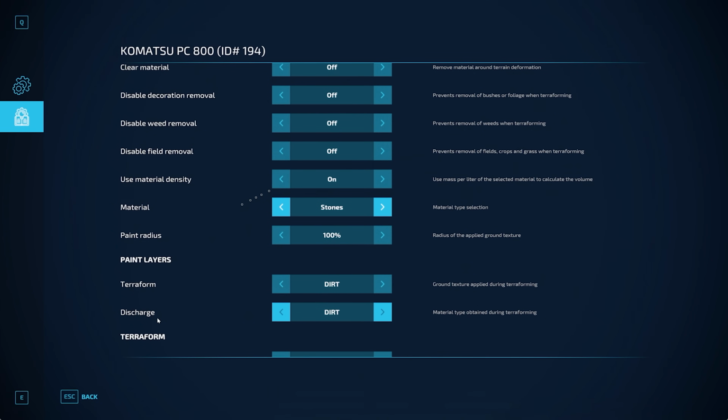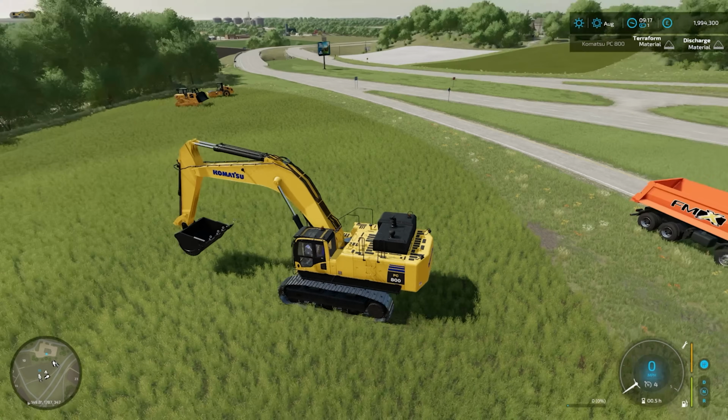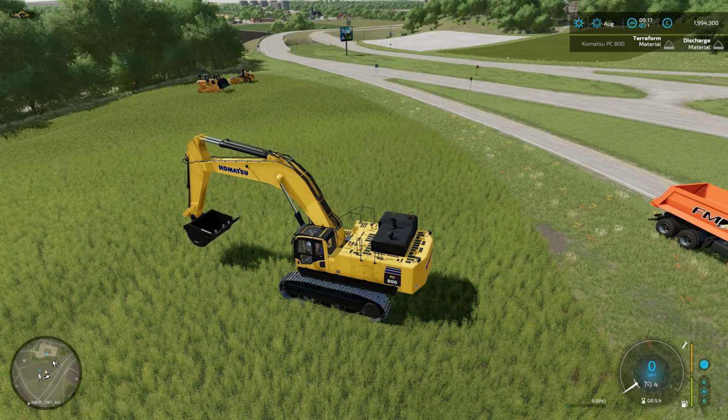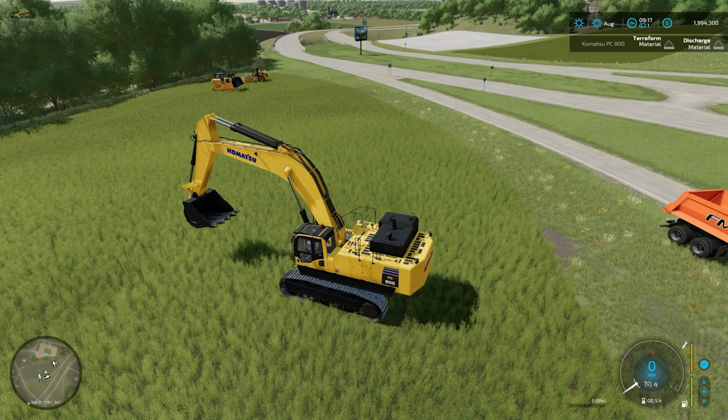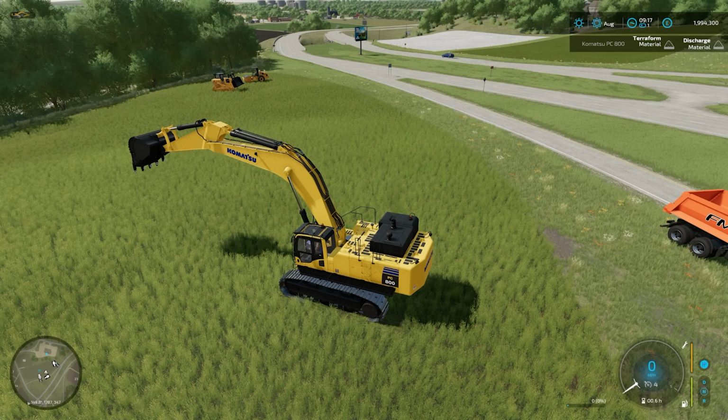When you're terraforming and discharging, you can change those as well, so we'll look at those in a little bit more detail later. But for now, we're going to leave everything as it is, and we're just going to have a little bit of a dig. So like I said, we're here at the moment. Terrafarm is not activated, so if I push this bucket into the ground,